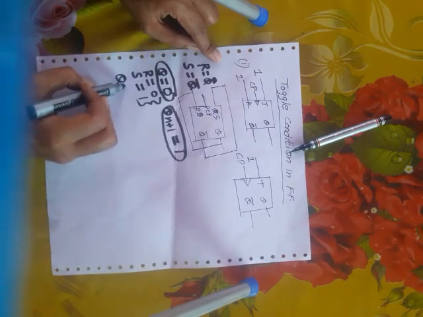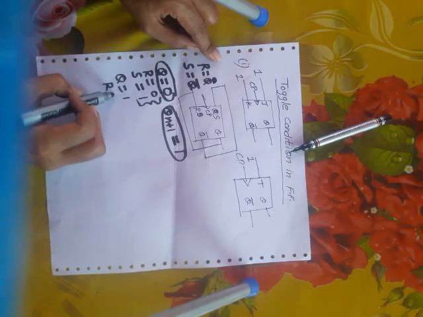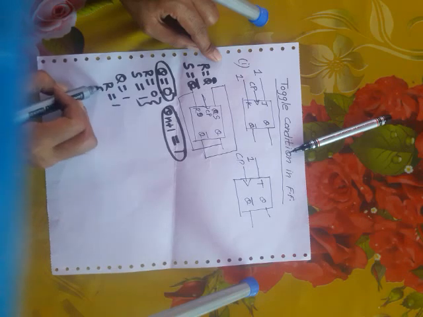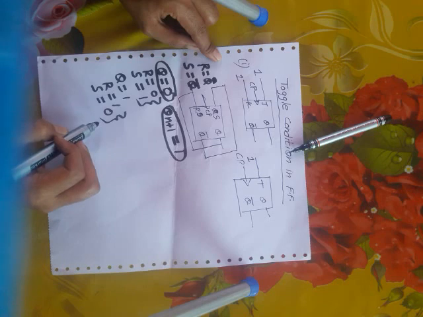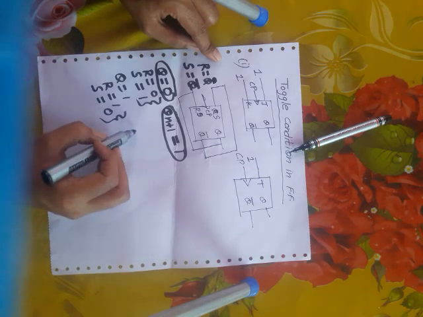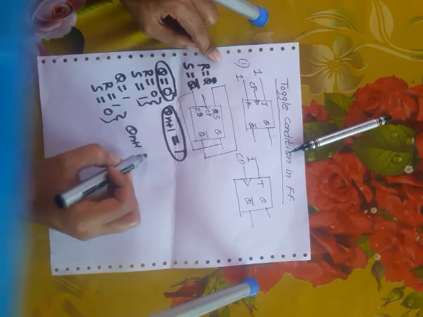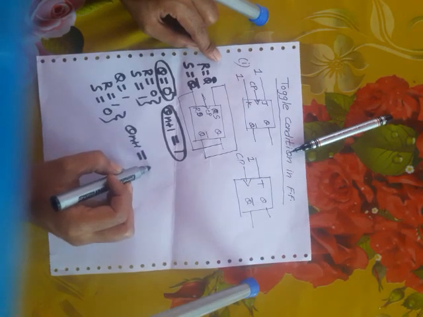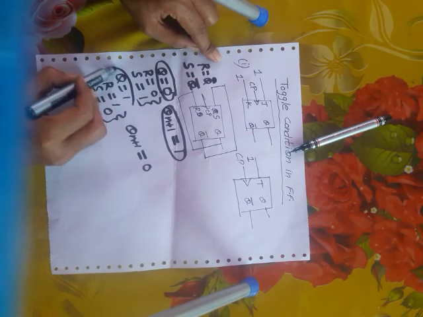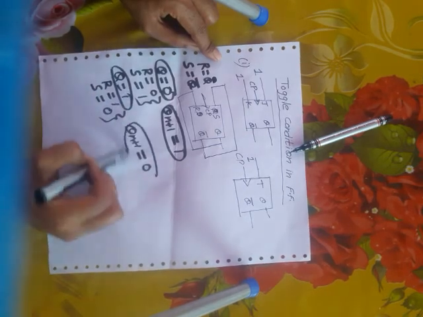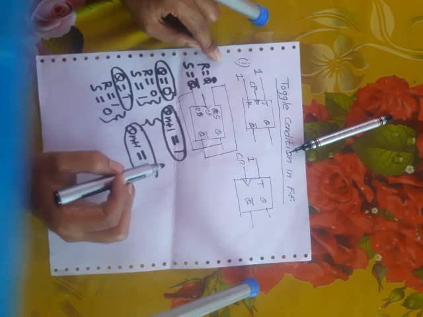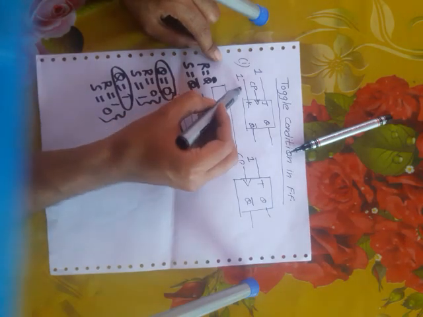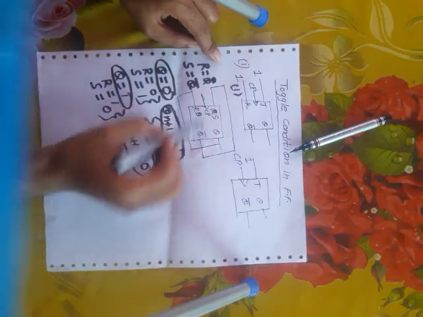Similarly, for Q equal to 1, R will be 1 and S will be 0. When R equals 1 and S equals 0, there is the reset condition. So Qn plus 1 will be 0. Means when you are giving 1, you are getting output 0. From these two, we can conclude there is a toggle condition. This is number 3.